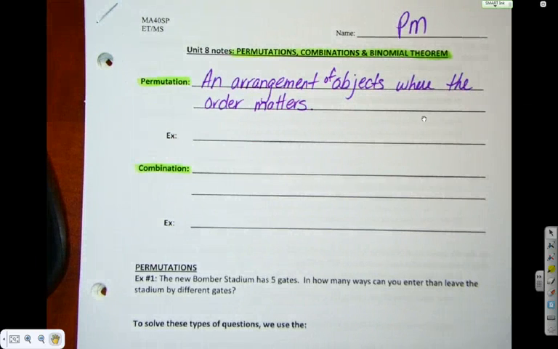We're going to spend about 3 to 4 classes on permutations, 1 on combinations, 1 on the binomial theorem, so this permutation is going to take us longer. It wouldn't be in class time anyway, so we'll talk after.